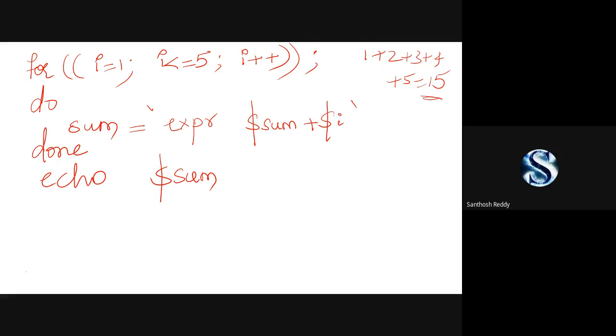Now we'll do the traverses. I is equal to 1. 1 is less than or equal to 15? Yes or no? Yes. Now it will enter into the loop. It will perform the operation. Sum is equal to 0. 0 plus 1 is equal to